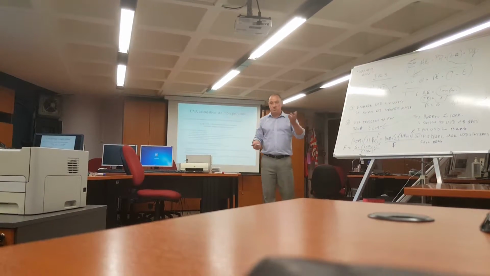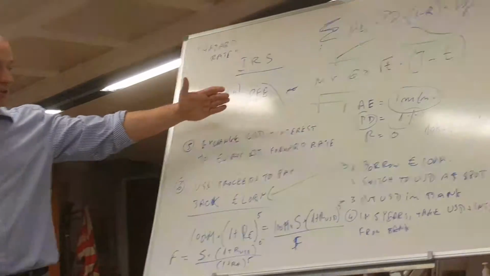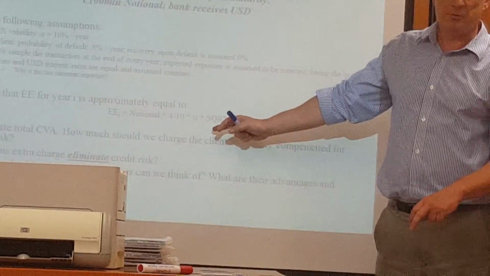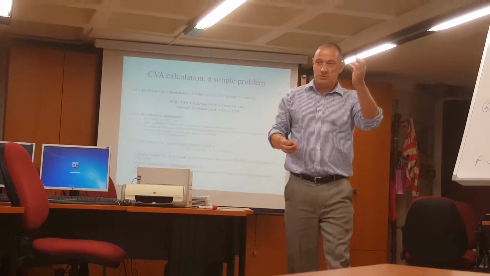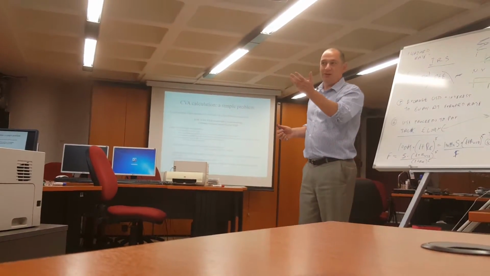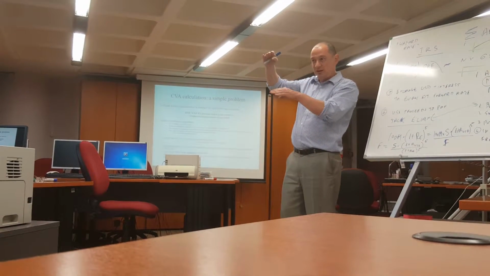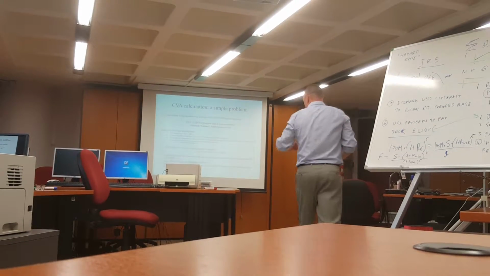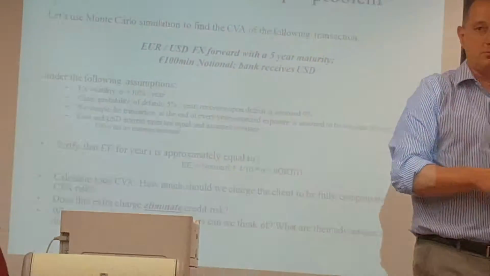By setting the negative ones to 0 and taking the average, we get expected exposures. You verify that they are approximately equal to this, the linear approximation of the Black-Scholes, 0.4 times sigma times square root of t. Essentially, in trying to find the expected exposure, you will have inadvertently calculated the price of the call option via Monte Carlo. Then, we will translate this 5% per year probability of default into hazard rate.